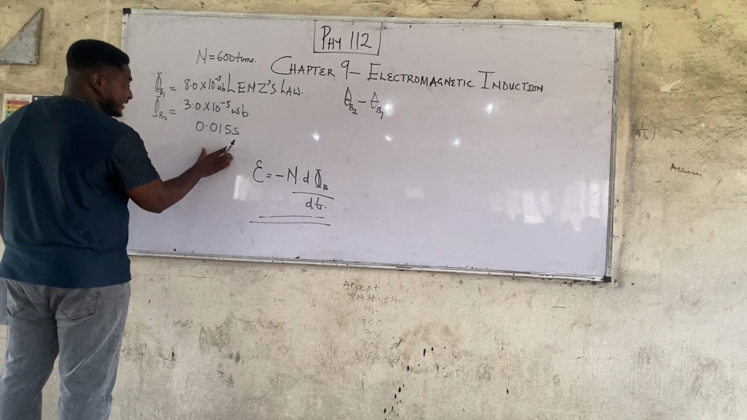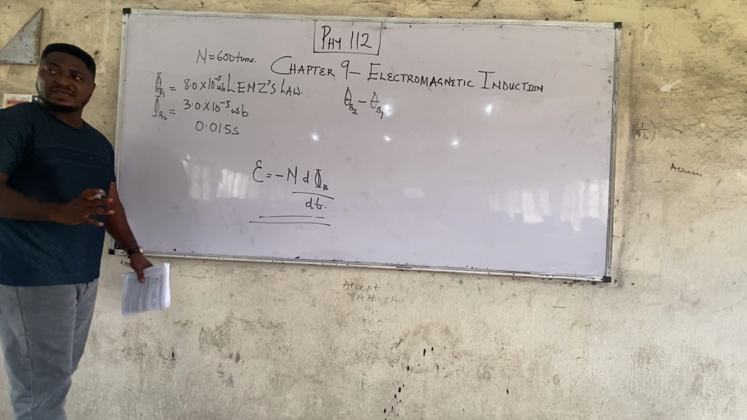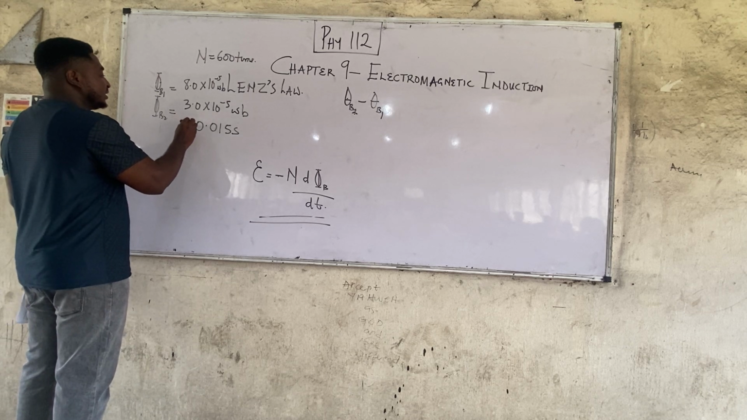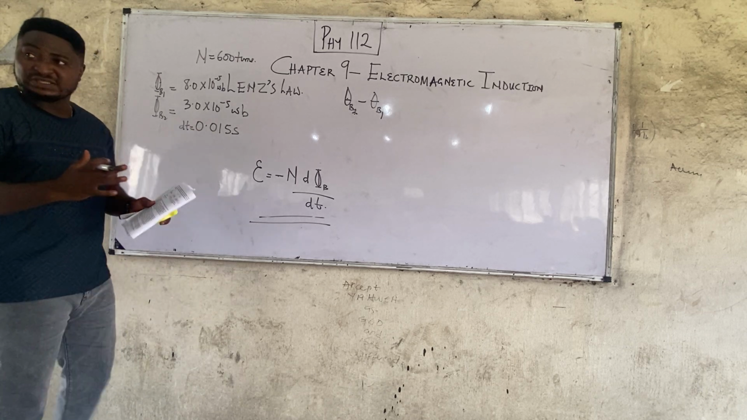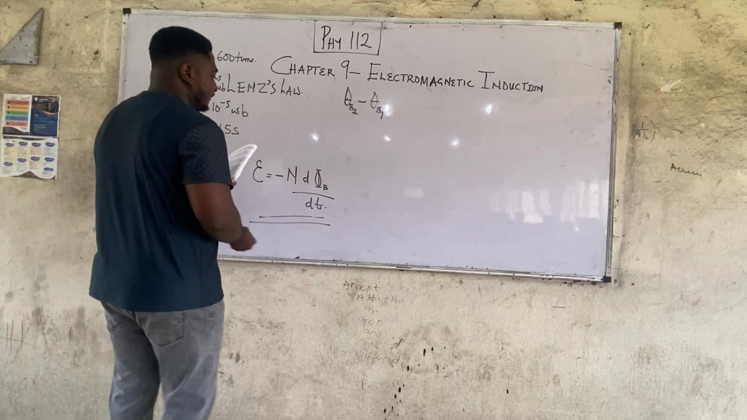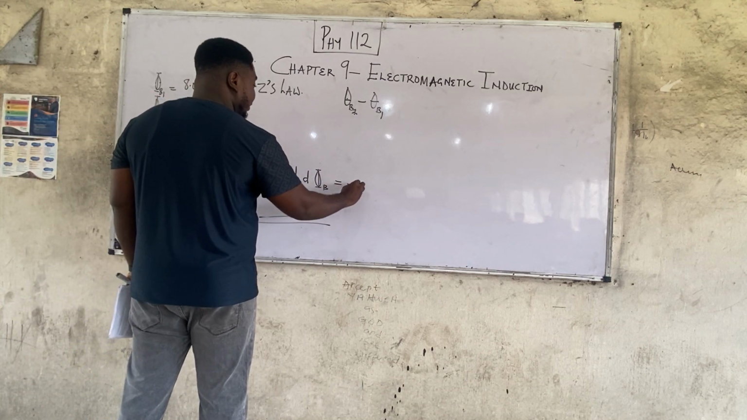They didn't give us two different times, they didn't give us the change in time separately. The time interval within 0.015 seconds, they're giving us the time interval already, right? So let us apply. Don't forget there's a minus here. So we're going to say minus N is